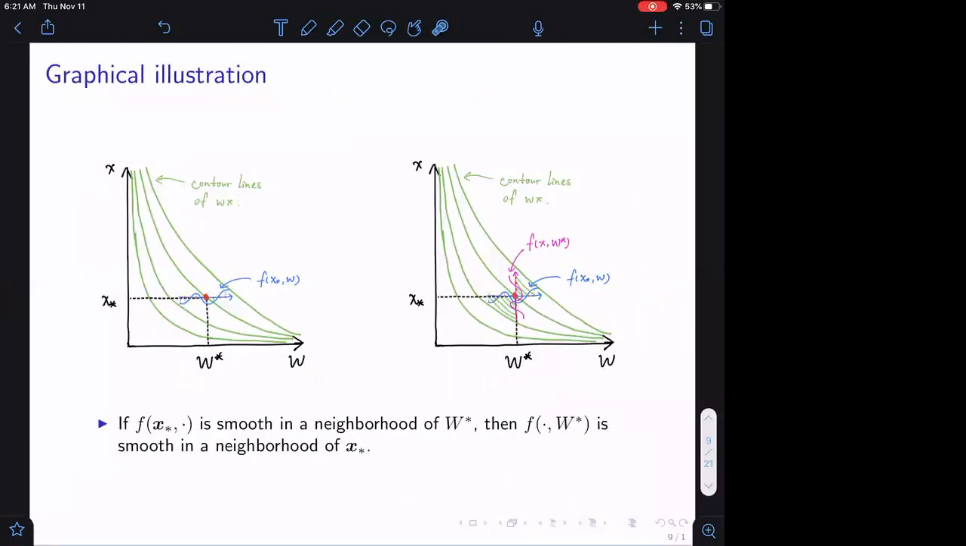Now, I personally find it also useful to use the following picture to explain the main idea of the theorem I just showed you. So here, let's consider the simple case where my input dimension x is equal to